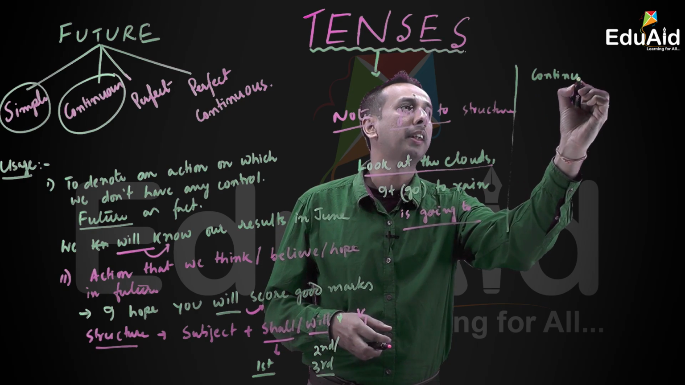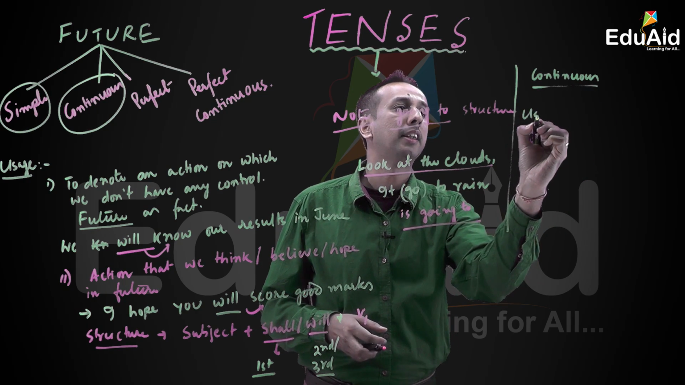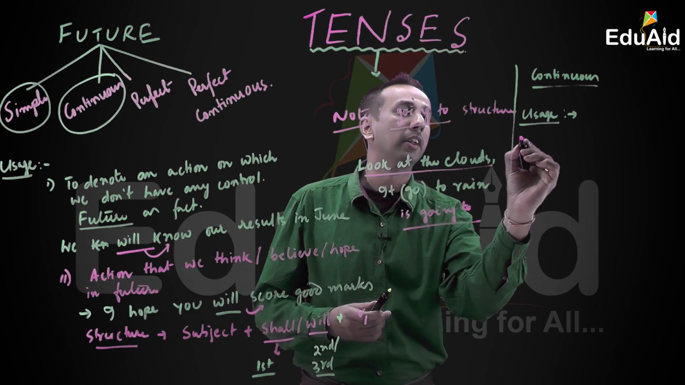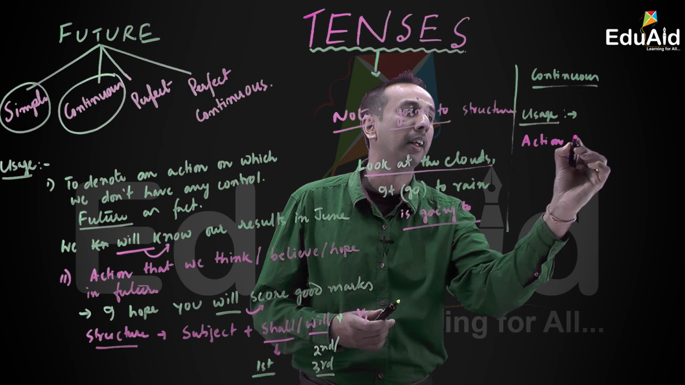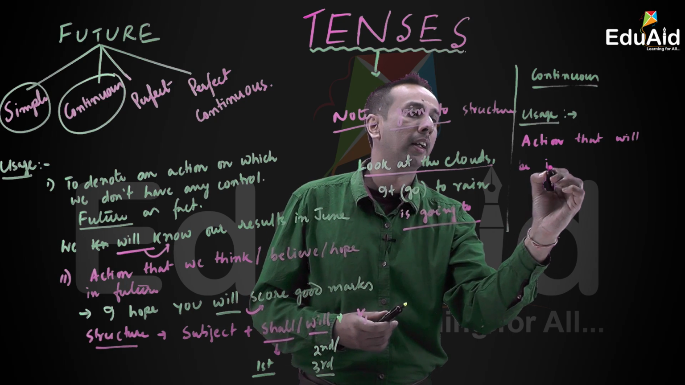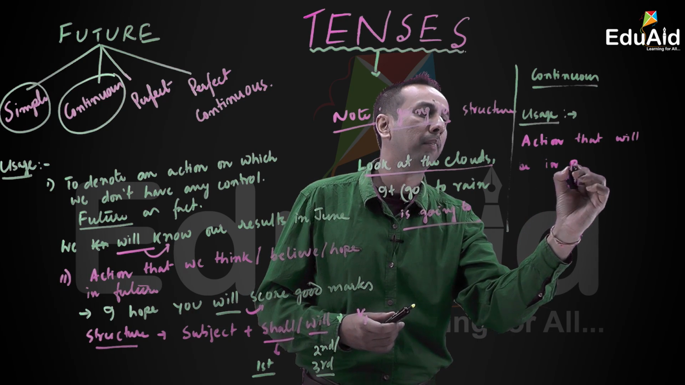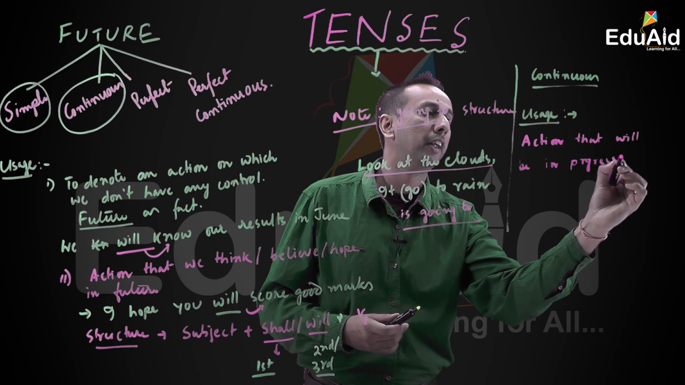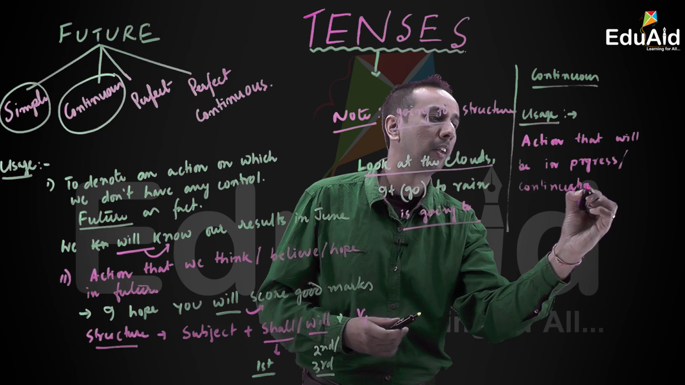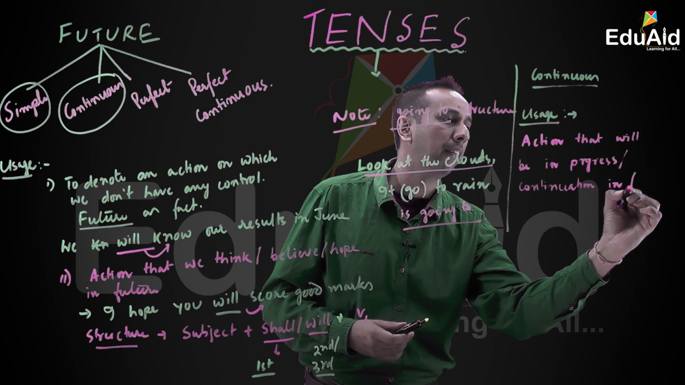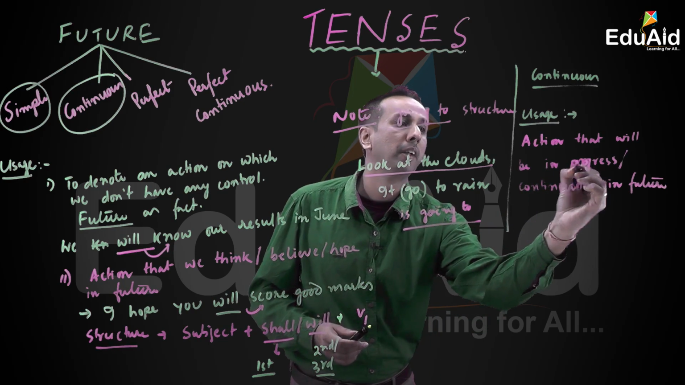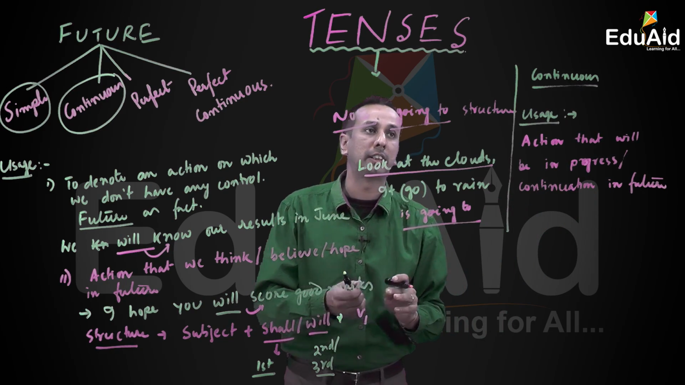The future continuous tense is used to denote an action or an activity that will be in progress, in continuation, in future. That will be in progress, that will be in continuation in future. For example,